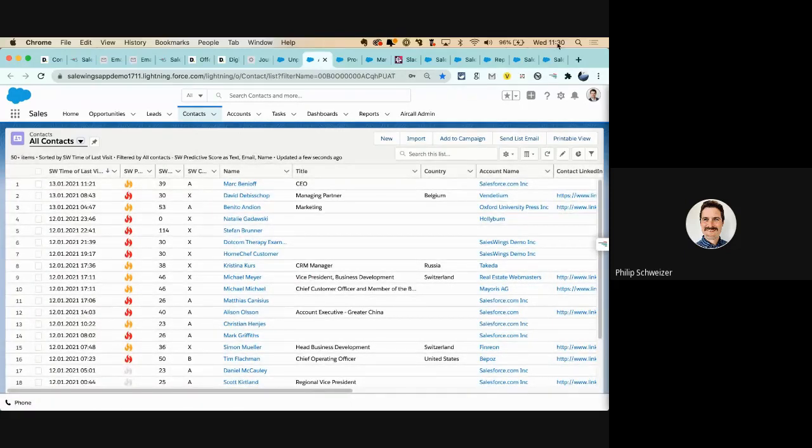We see 11:30, so we have 13th, 11:21 was last engagement. He's a warm lead, he's got a good lead score, and he's a fit A. So SalesWings also has a lead grading and fit scoring solution where you can score and grade based on any data you have in the Sales Cloud. So that includes standard object and field data, but also custom object data can serve as a base for scoring or grading.